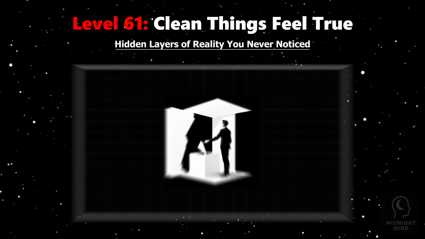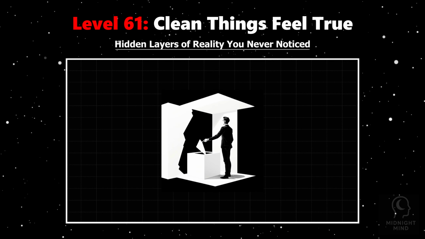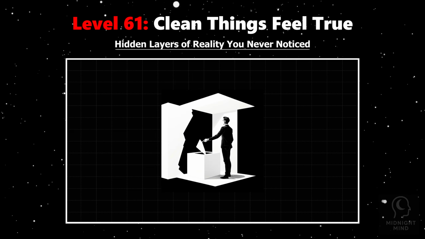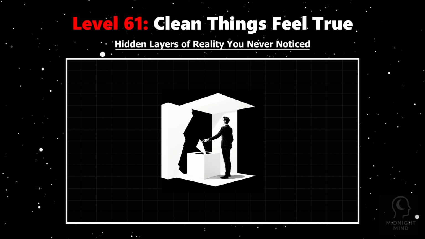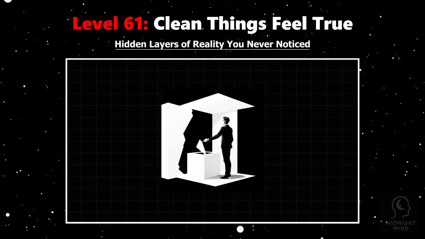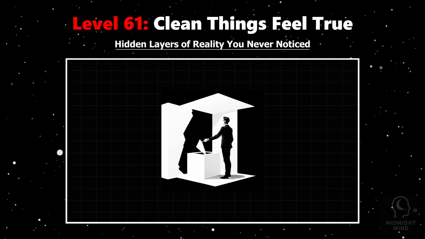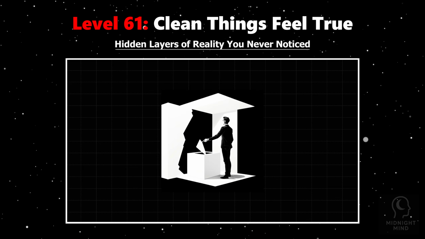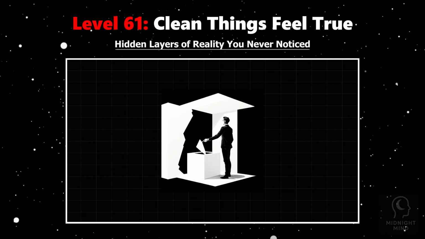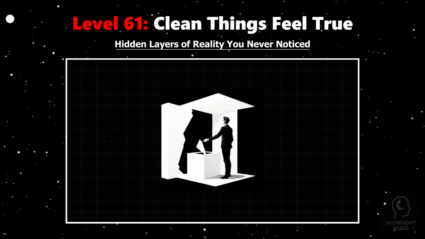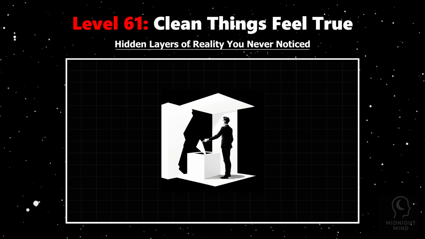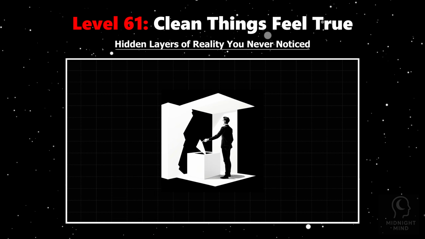Imagine walking down a supermarket aisle and instantly trusting a product because of its sleek packaging, crisp fonts, and spotless design. This reaction isn't accidental. It's a deeply rooted psychological response. Cleanliness and polish signal truth to your brain, while clutter and chaos raise red flags, suggesting deception or danger. Research in cognitive psychology shows that humans associate order and symmetry with honesty and reliability. Visual clarity reduces cognitive load, making information easier to process and accept as true.